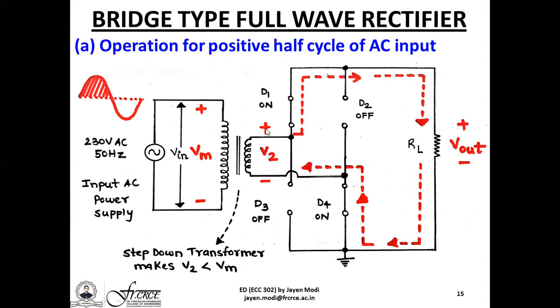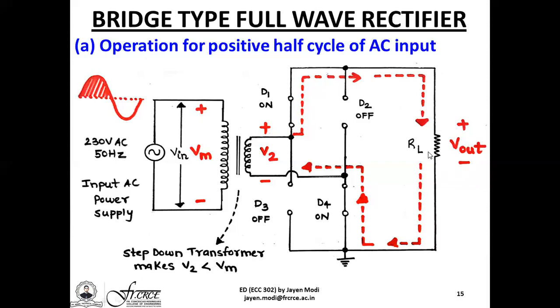So the current now flows from a point at a higher potential, that is positive, towards a point at a lower potential, that is negative. So the current starts from the secondary winding upper half, it flows through D1, it flows through the load RL. Of course, the current cannot flow through D2, it is a completely open circuit. The current flows to the load RL, and since it enters RL from top, the sign is positive. Since it leaves RL from below, the sign is negative.